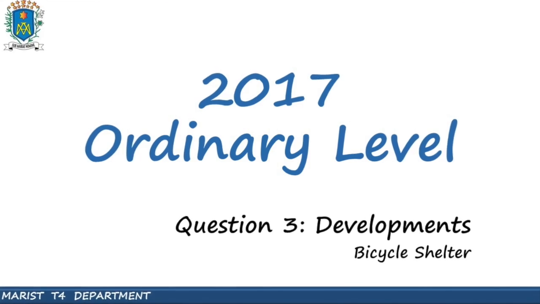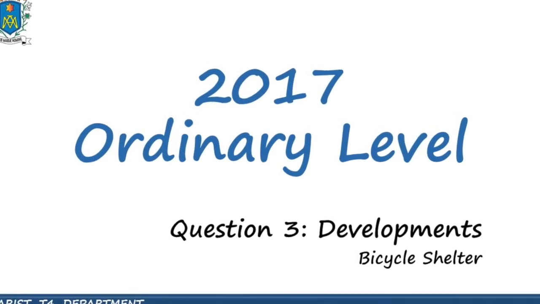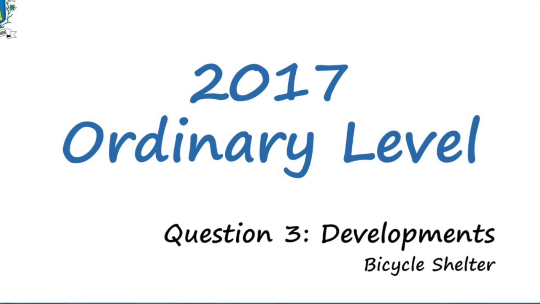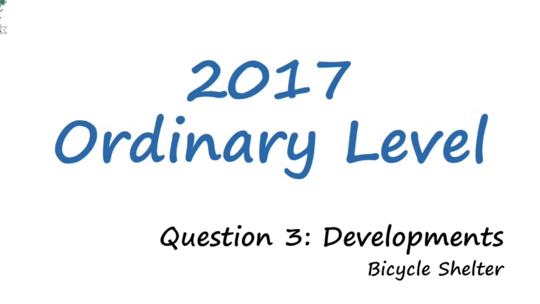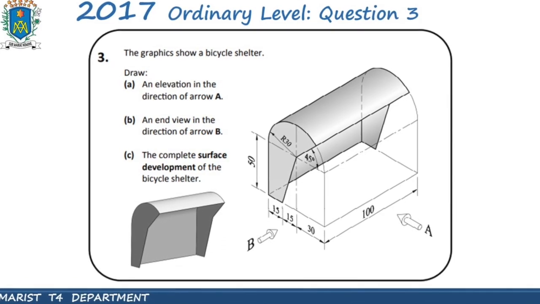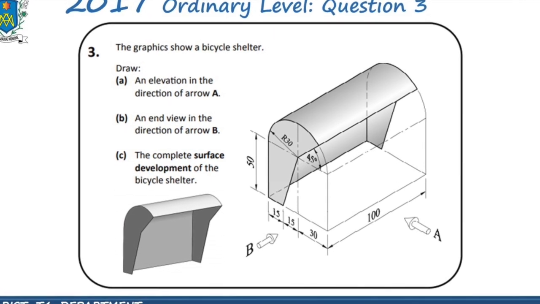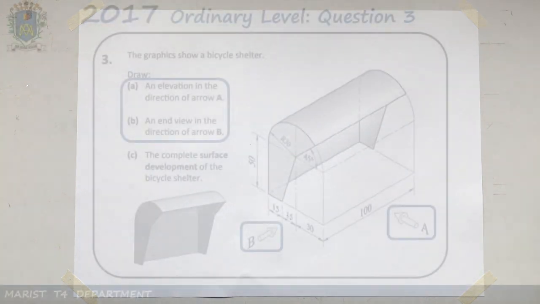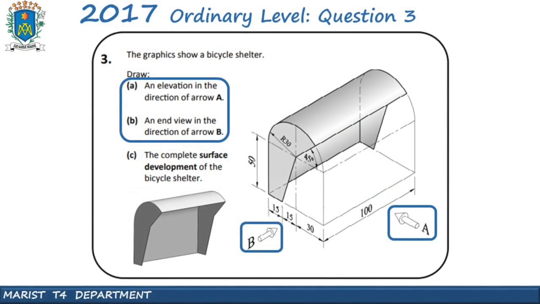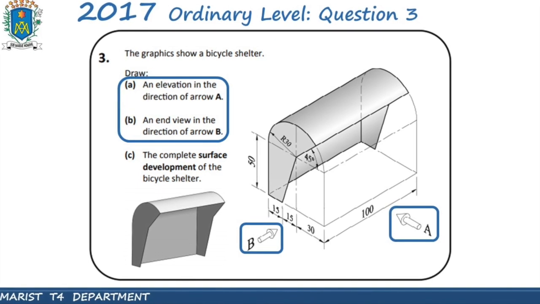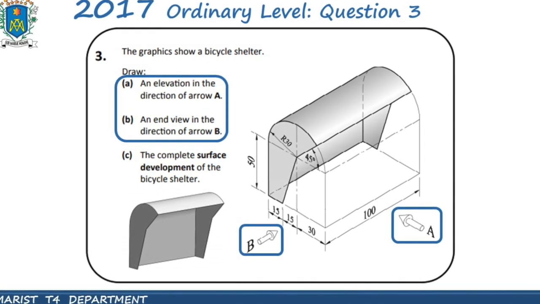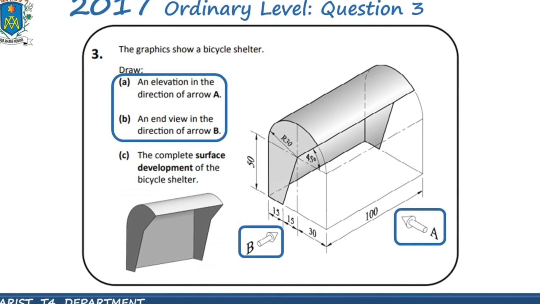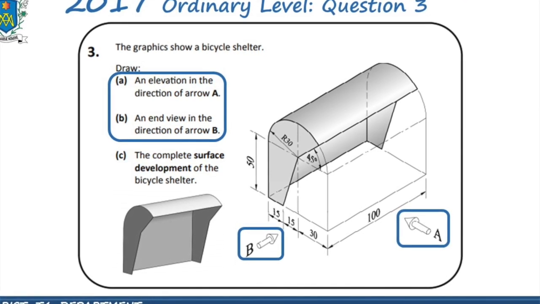Hi all, in this video we're going to be looking at the Technical Graphics Ordinary Level 2017 question 3. This is the development question, and as you can see, it was of the bicycle shelter. So let's get started. You can see from the question, our first thing to do is part A, which is to draw an elevation in arrow A, and then part B, draw an end view in the direction